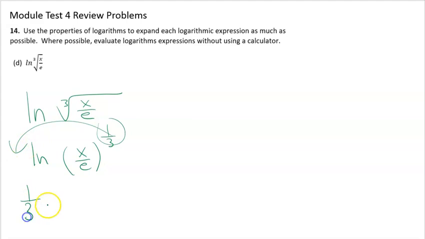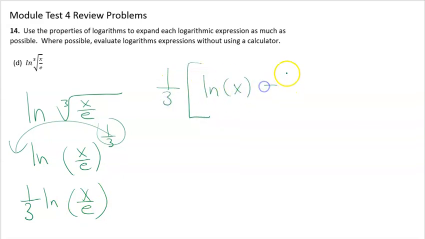So this is 1/3 natural log of x over e. Notice how we move the exponent in front first this time, because the whole thing was raised to the 1/3. Now I can split this up as subtraction, so it's 1/3. Now I'm going to put some brackets here,